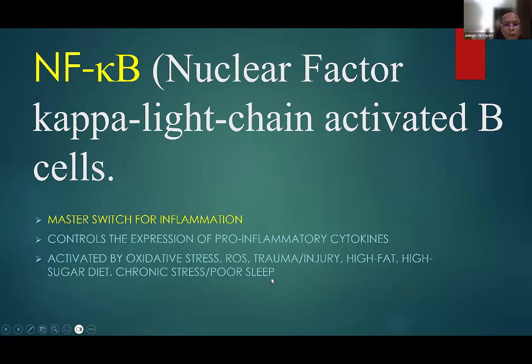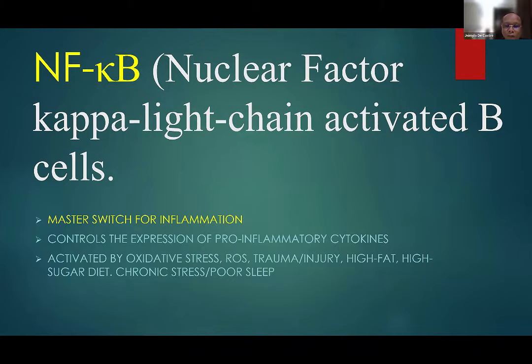In other words, when we treat patients, we should also observe some lifestyle factors that might contribute to the disease. So check for a high fat, high sugar diet, or the presence of chronic stress or poor sleep, because in the presence of these, NF-kappa B will be elevated, and with its elevation, it could also trigger the release of pro-inflammatory cytokines, interleukin 1, interleukin 6, and TNF alpha,